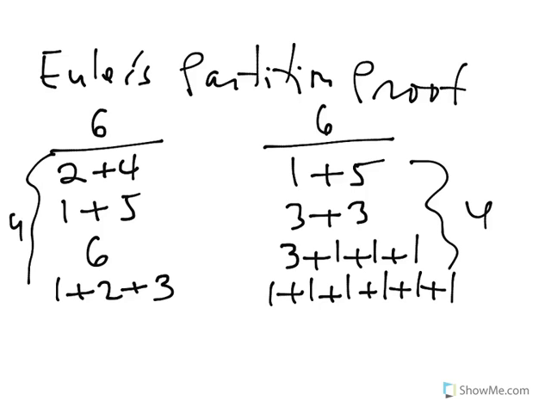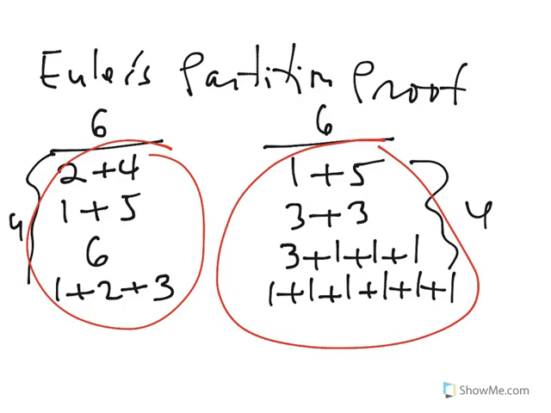Euler proves that no matter what number it is you're trying to break up, the number of ways of breaking it up as a sum of unique integers will be the same number of ways as odd integers, but repeats permitted. And he does it in a very clever way using polynomials. So let's start by reviewing